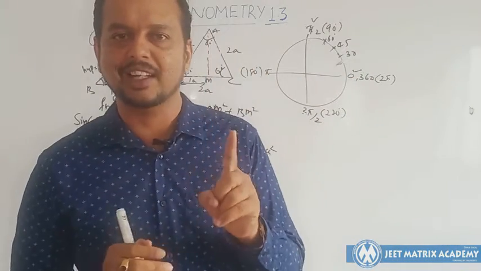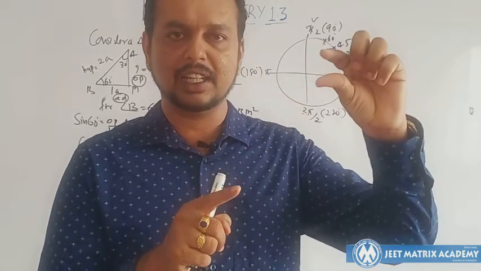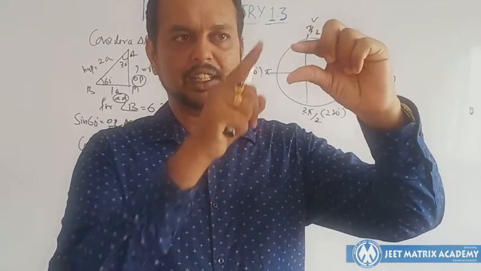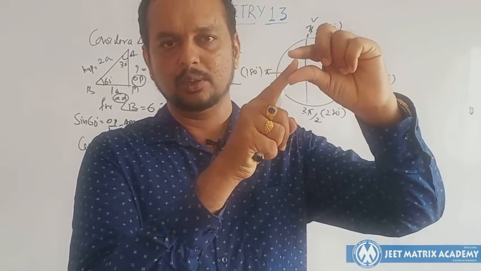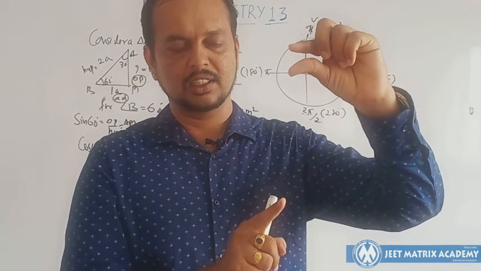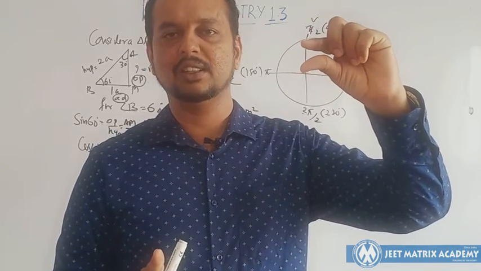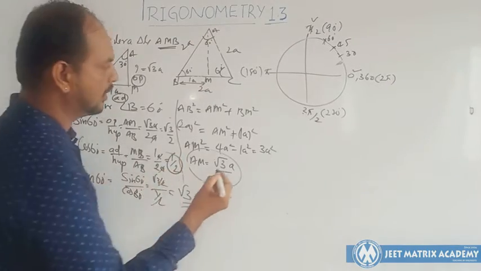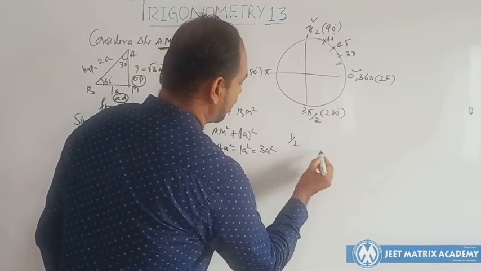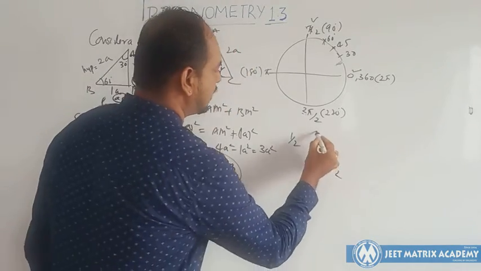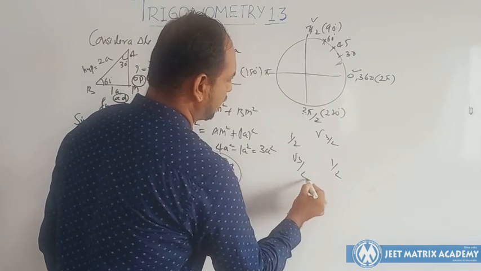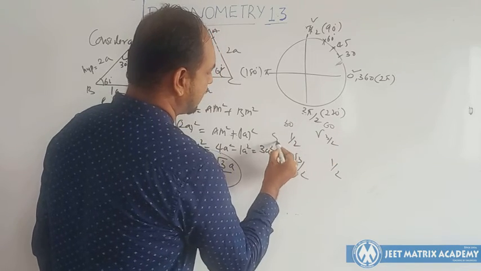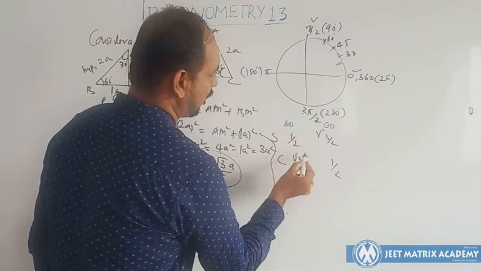So how can we remember now? Because we know sin 30 is 1 by 2. So sin 30 comes first, right? Here 30, here 60. Sin 30 is 1 by 2, then cos 60 is 1 by 2. You can see here, it is kind of like this. So this is 1 by 2, this is 1 by 2. This is root 3 by 2, this is root 3 by 2. This is for 30, this is for 60. This is sin, cos. This is how you remember.